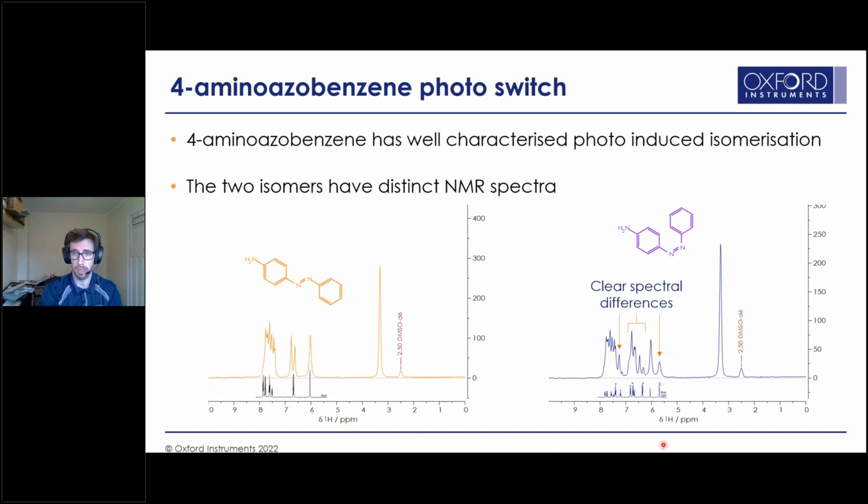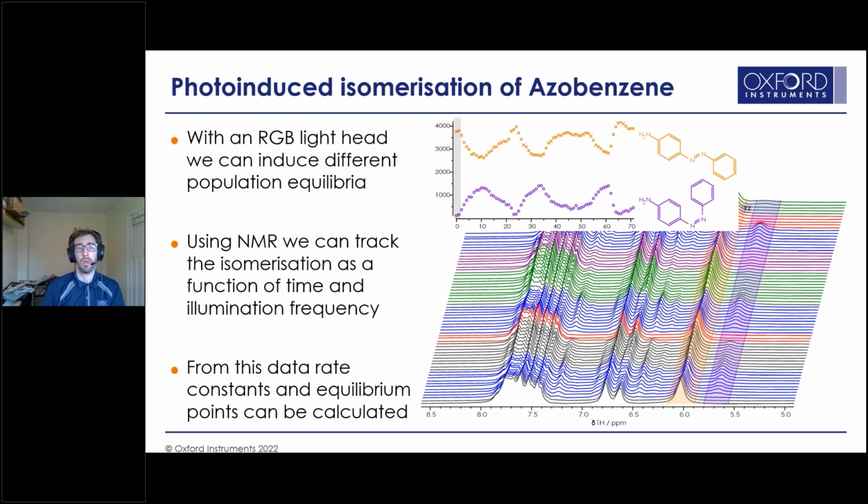When we go to the cis isomer, we can again see that there are significantly more peaks in the spectrum, clear new peaks arriving, and spectral differences in those other regions. That means that performing those same reactions, those same different frequency illuminations, we can track and monitor that isomerization. That means that we can induce those different population equilibria, and we can track that as a function of both time and illumination frequency. So if we start in our dark state,